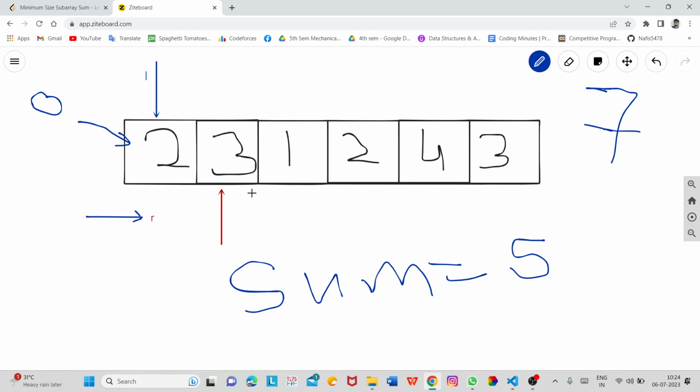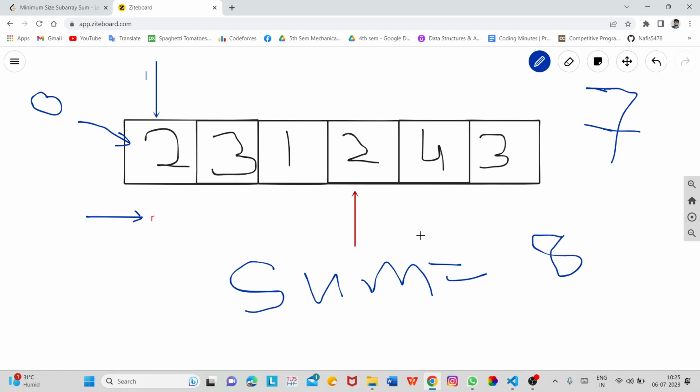So it is again less than target. What will we do? We will increase the value of R again. R is increased to our second index, and the sum is going to be 5 plus 1, which is 6. Again it is less than target, so we will increase the value of R. Now the sum is 6 plus 2, which is 8, and 8 is greater than our target 7.